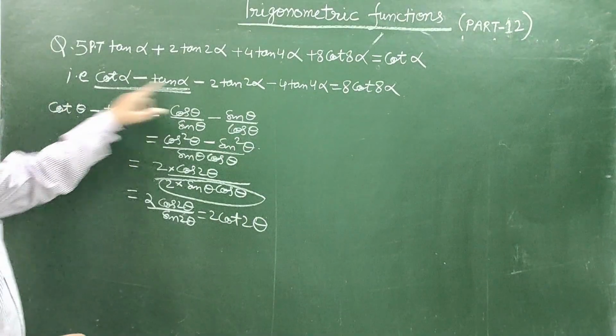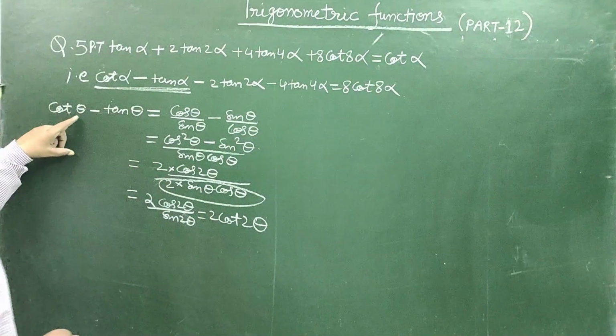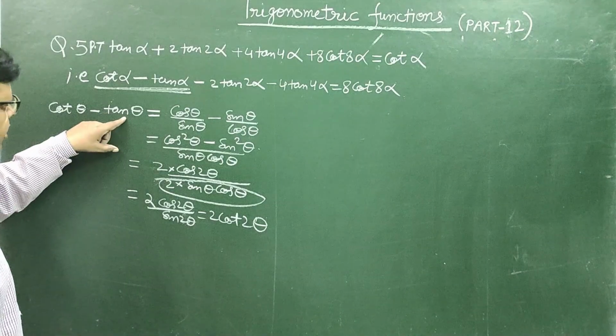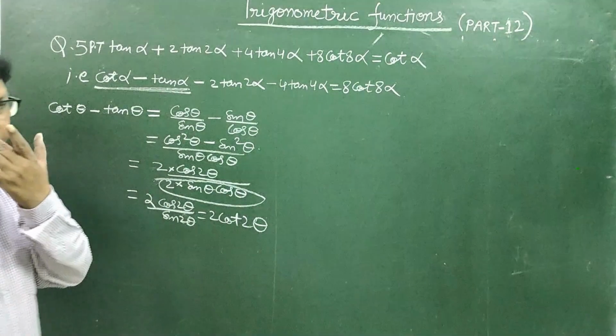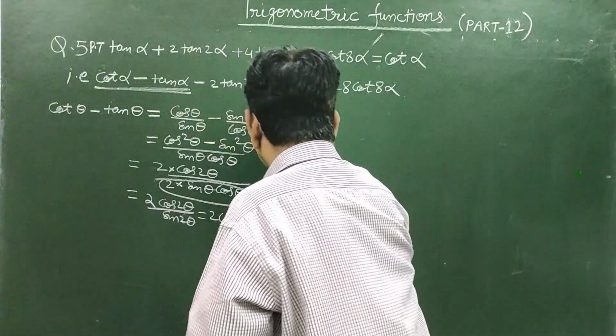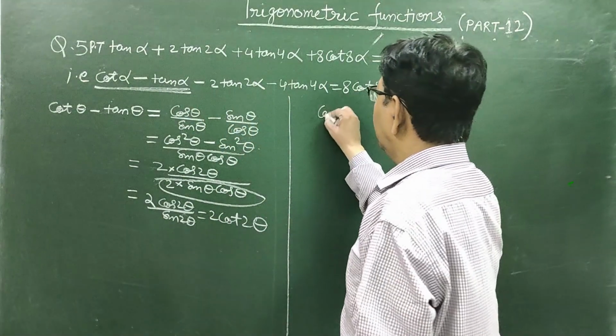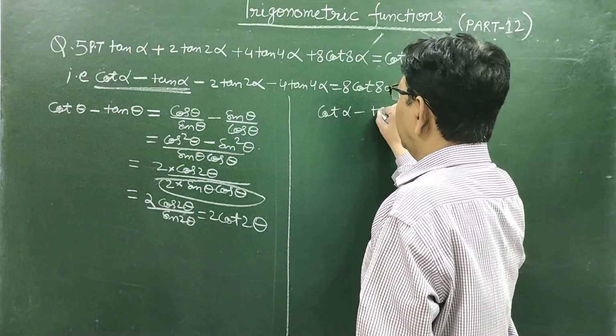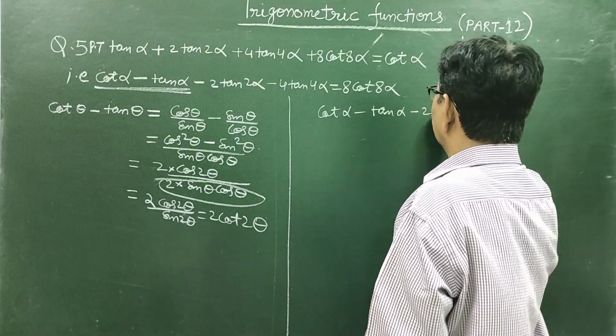So to prove this result, I will use this identity, that cot minus tan is equal to 2 cot 2 theta. So let us consider this, write it again: cot alpha minus tan alpha minus 2 tan 2 alpha,